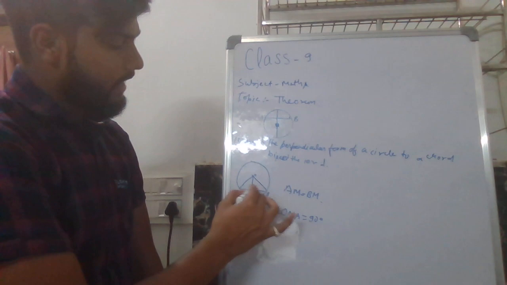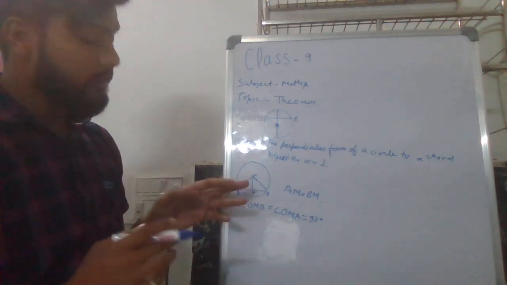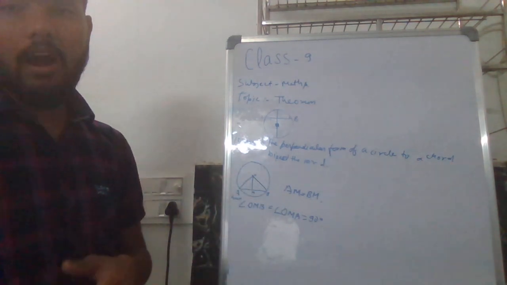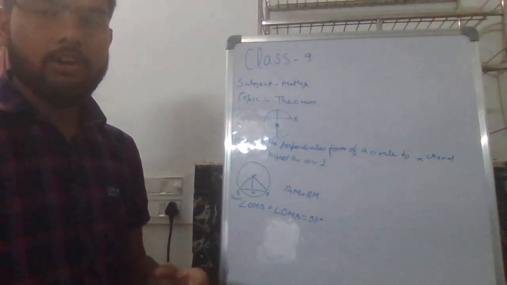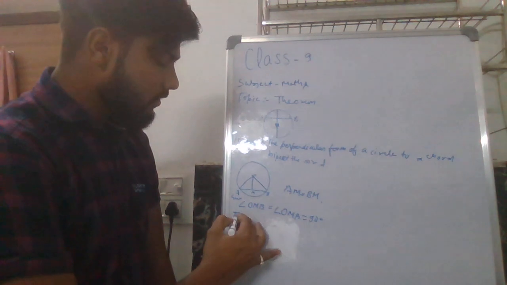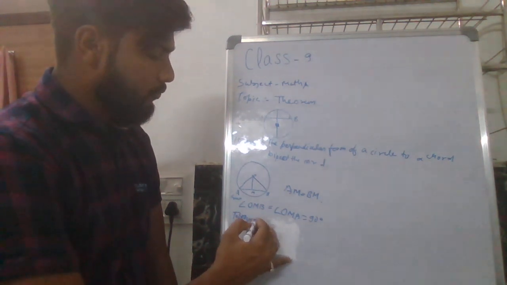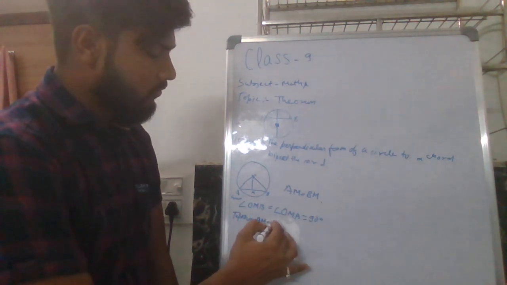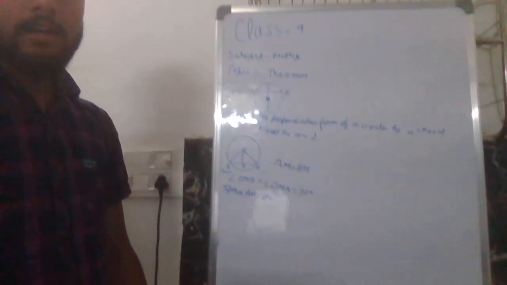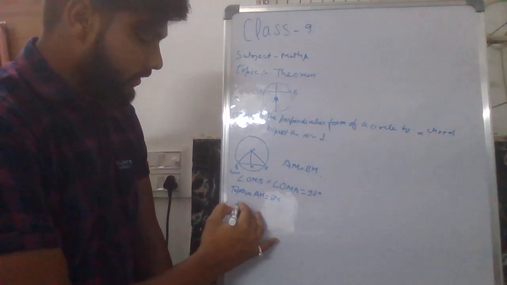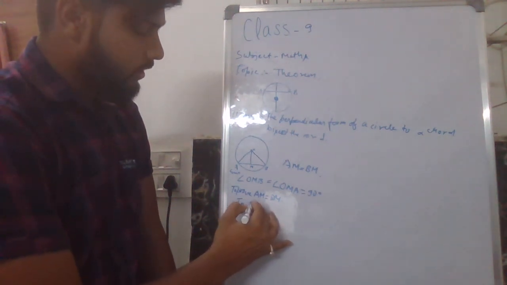Here we can see the angle is making a 90 degree angle. After that, what we need to prove is AM equal to BM. So coming to the proof part,